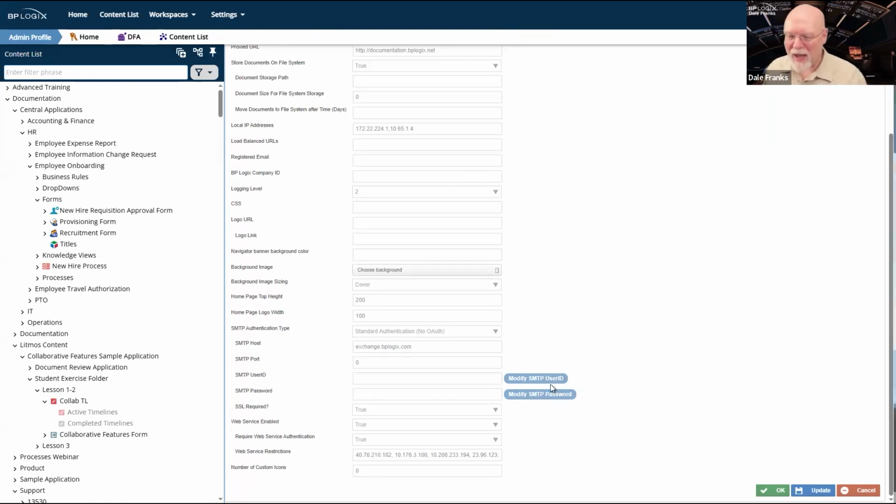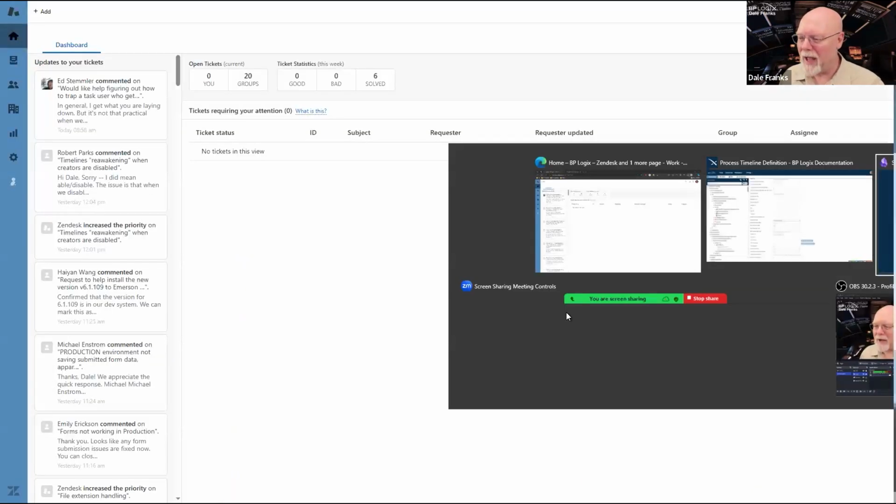We don't want LastPass helping us with those two items either. So in addition to the user properties that are disabled by default, these properties on the installation settings page are also disabled by default as well.